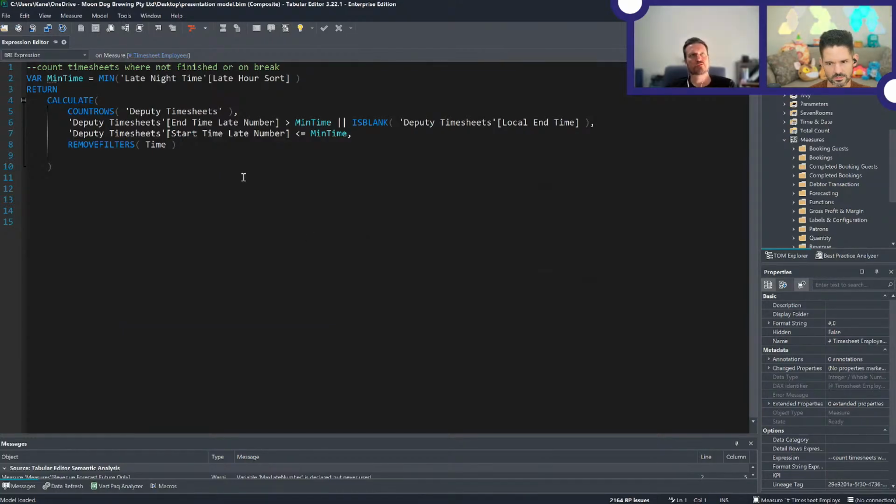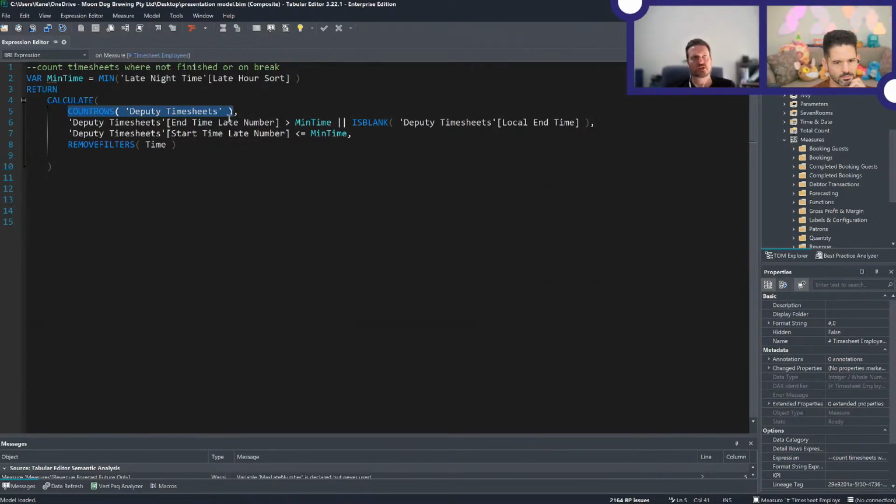The first thing we need to do is find that minimum time, which is 1 p.m., right? That's what this variable here does. It gives me the point of filter context that we have. What are we reporting on? All right, we're at 1 p.m. We need that, and this number that I've used here, this late hour sort, that's just that number I talked about. It's that custom sorted number. So it's saying just give me the minute number in my custom sorted number where we're at in the chart, and then fairly simple. We're just counting